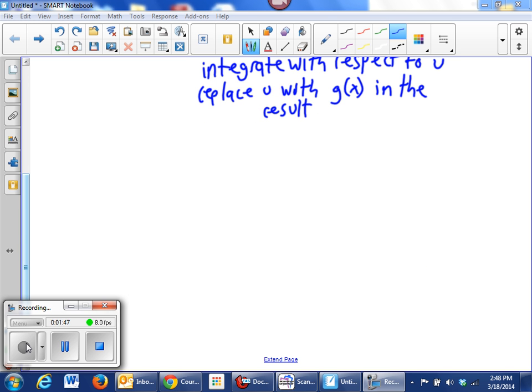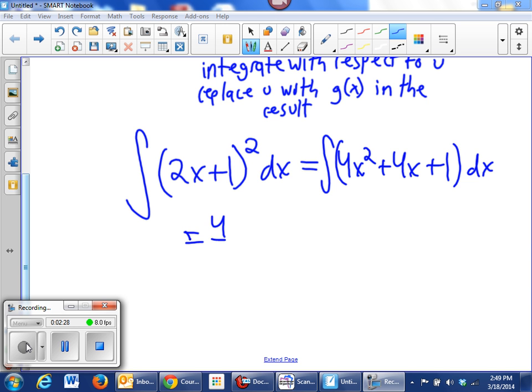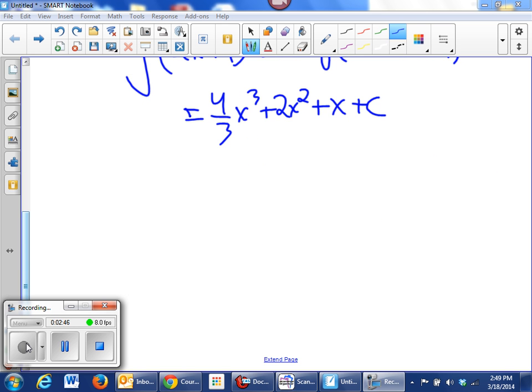The old method would take the integral of each term, whereas the new method, using U-substitution,